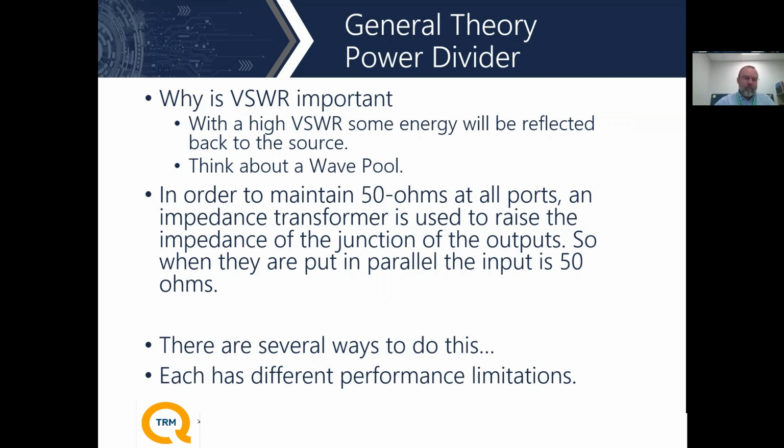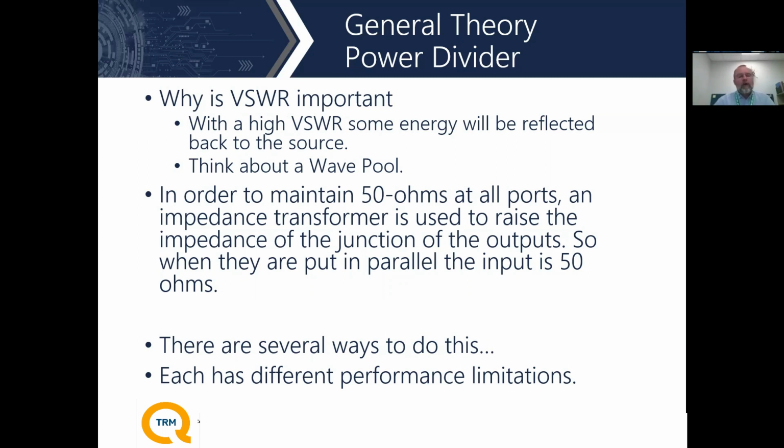source. If you think about a wave pool, a high VSWR is the amount of energy that's reflected off of the far end of the wave pool. The wave moves down the pool, hits the end of the wave pool, and some of that energy gets reflected back. Energy that gets reflected back is what is known as having a high VSWR. If we had a very low VSWR, there would not be a wall at the end of the wave pool, and the wave would then continue to transmit the energy down across